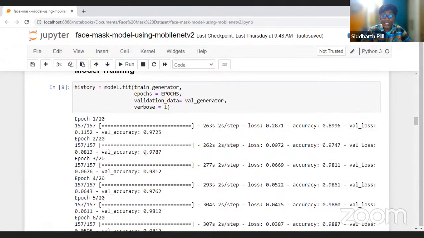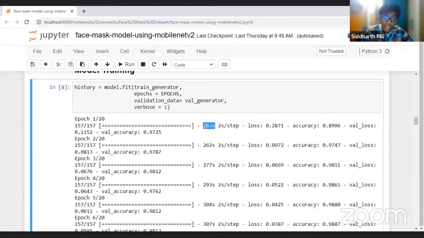As you can see here, the training starts off pretty good. Oh, thank God it didn't overfit. The reason I didn't want to show you guys training is that it's like 263 seconds for each and every epoch. So what is 263 seconds into 20? Can anyone answer me? Let's check it for ourselves, actually.